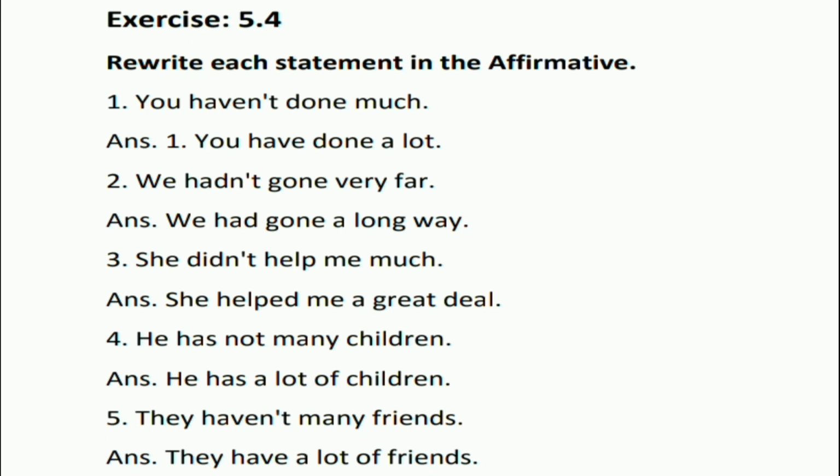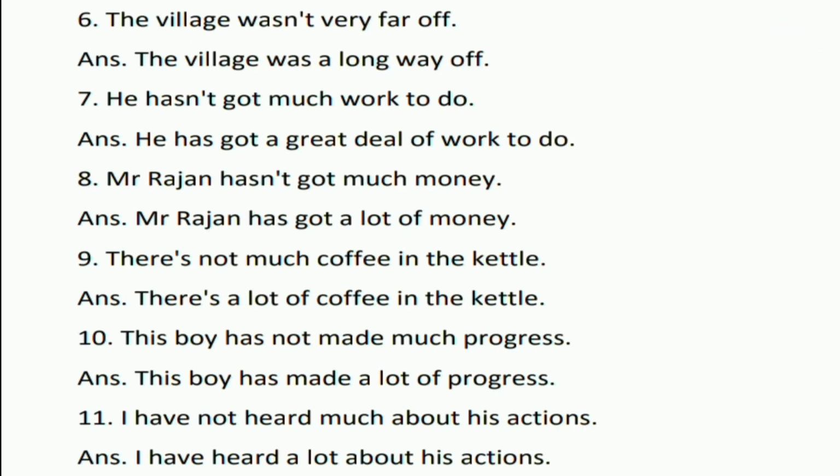Fourth, he has not many children and the answer is he has a lot of children. Fifth, they haven't many friends and the correct answer is they have a lot of friends. The village wasn't very far off and the answer is the village was a long way off. 7. He hasn't got much work to do and the answer is he has got a great deal of work to do. 8. Mr. Rajan hasn't got much money and the answer is